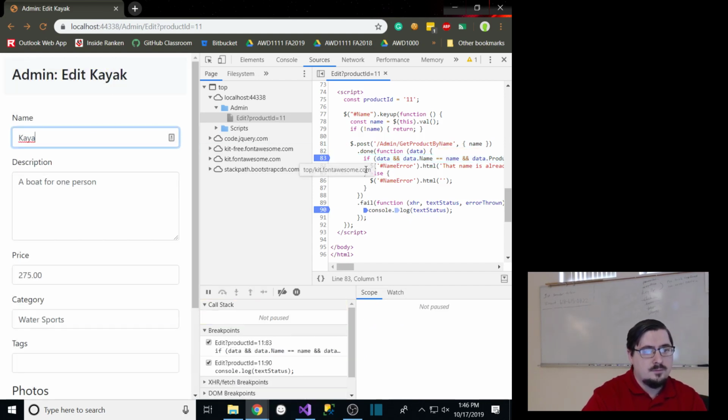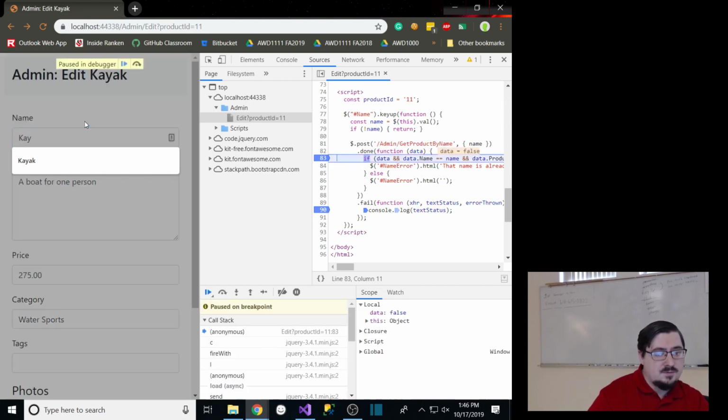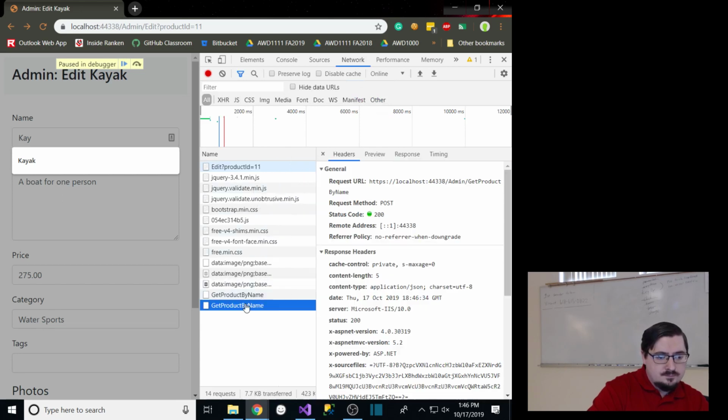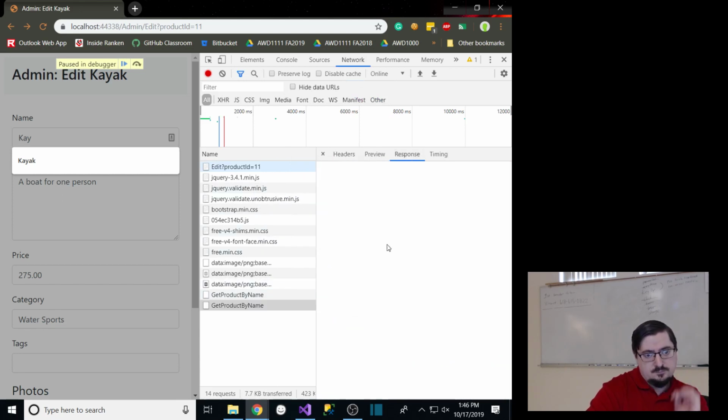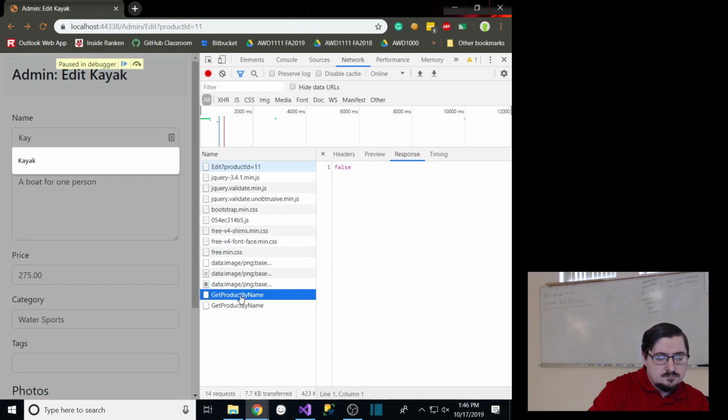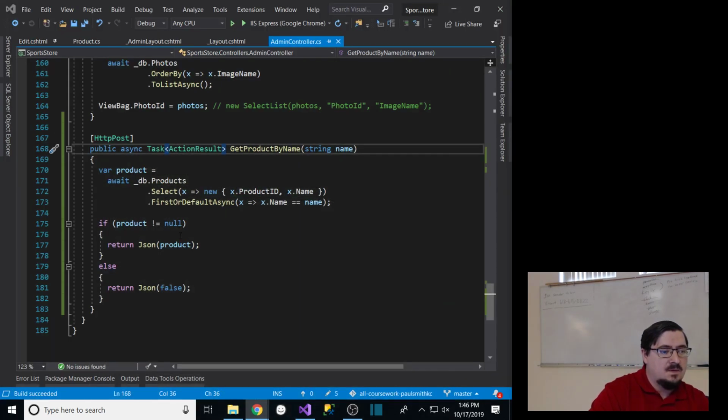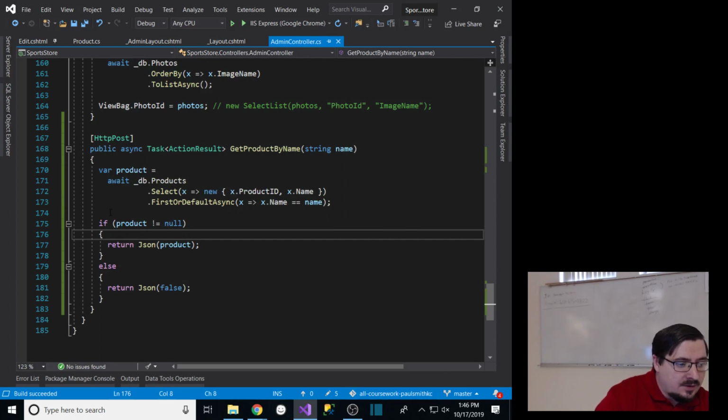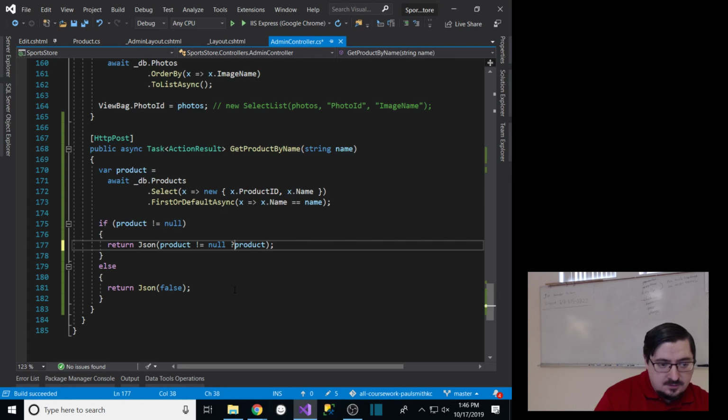Yeah, that worked. So sending back false. Yeah, so there's what it's sending it back as. That's fine. Well, let's see. Could I do that as a ternary? If I say product is not null,